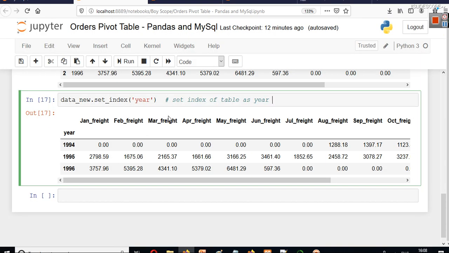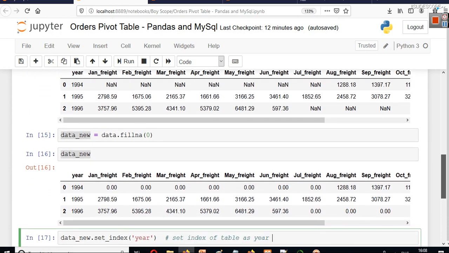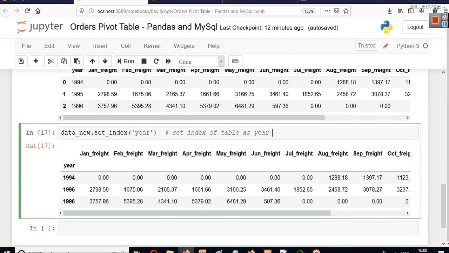But this is something really easy here. If you know how to run your queries, then you simply have to load data. You simply have to remember a bunch of things like fill NA values with something, and set index as year, which is very easy. And now your year is used as index.